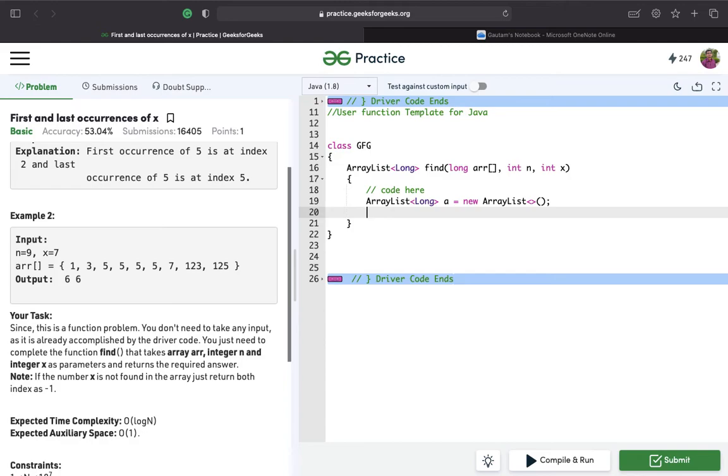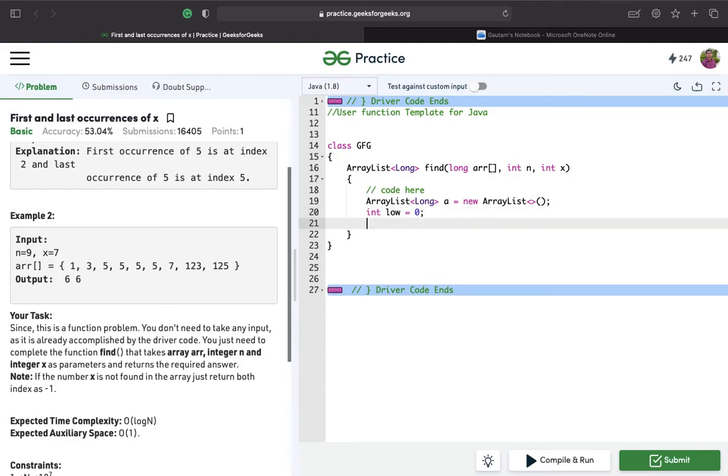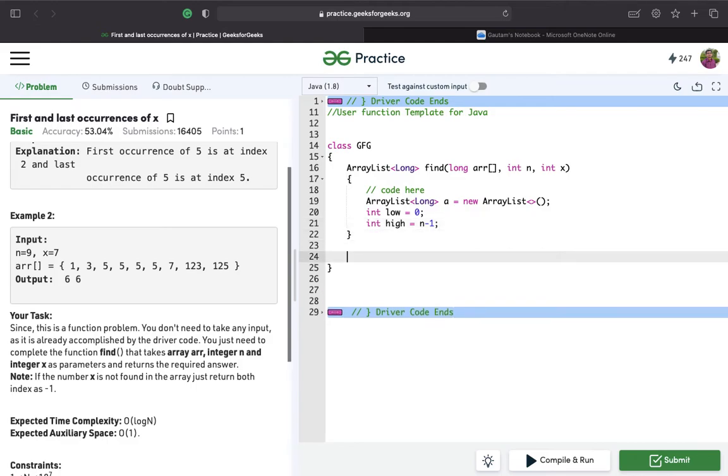For initializing binary search, I'll start with low equal to 0 and high equal to n minus 1. Let's make two functions for finding the first and last occurrence separately: one to find the first occurrence, and another to find the last occurrence of this element x.